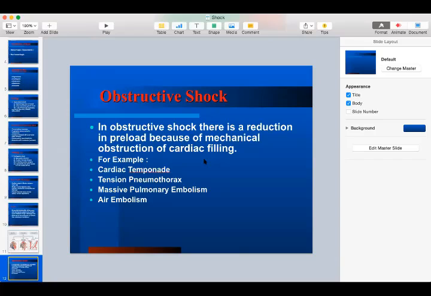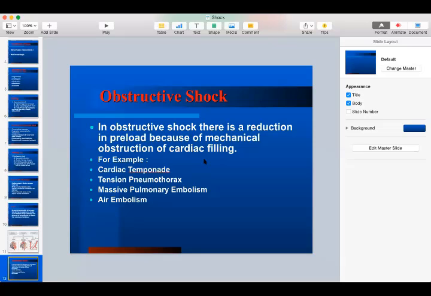Next, we have tension pneumothorax. Again, tension pneumothorax is also a medical emergency, which should be treated immediately or prevented, in which an immense amount of air builds up inside your pleural cavity, which pushes your mediastinal structures usually to one side. And what that does is it compromises your cardiopulmonary systems, hence causing again an obstructive form of shock.